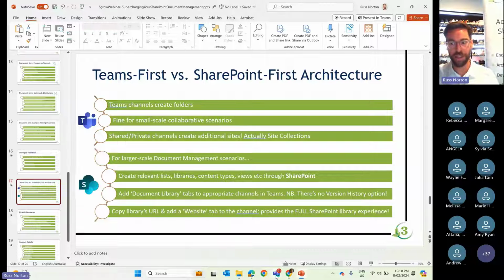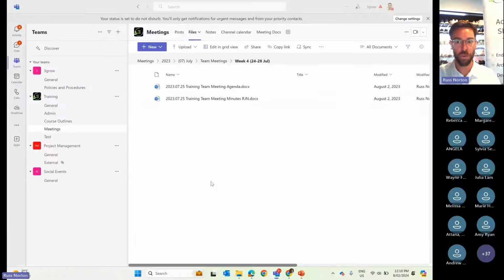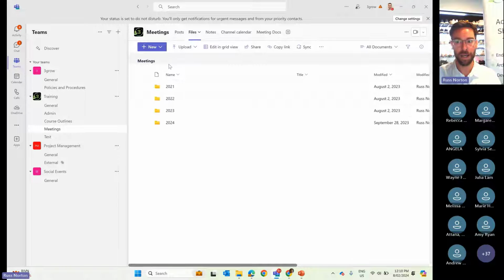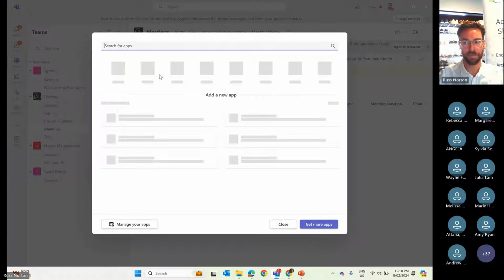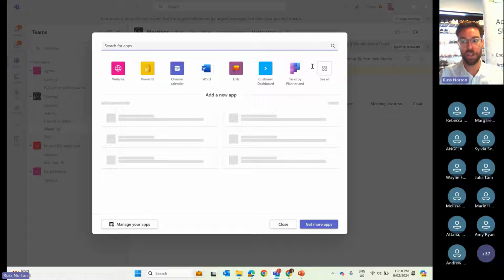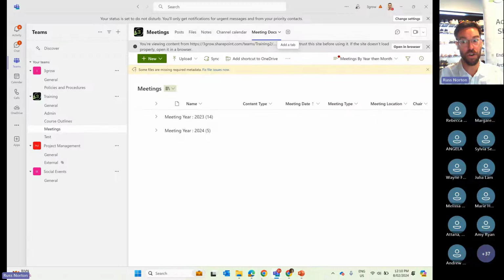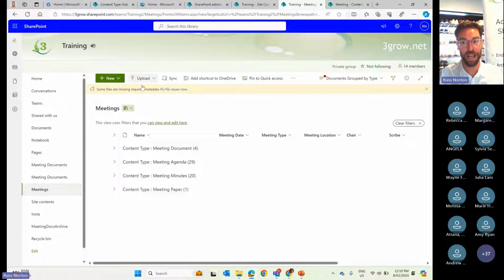If you then want to present those files through Teams, what we would do is, here you'll see on the meetings tab, in the meetings channel, we've got the files tab where we see that folder structure. Instead, you'll notice what I've got here is a meeting documents tab. So what I did there was I simply added a website tab. I then copied the URL of the appropriate view of my more formally structured meetings library. Just copy the URL within Teams, add the website tab,